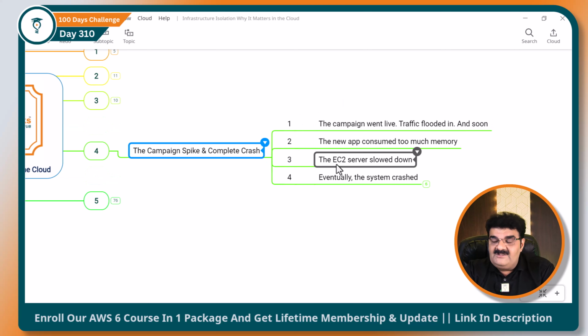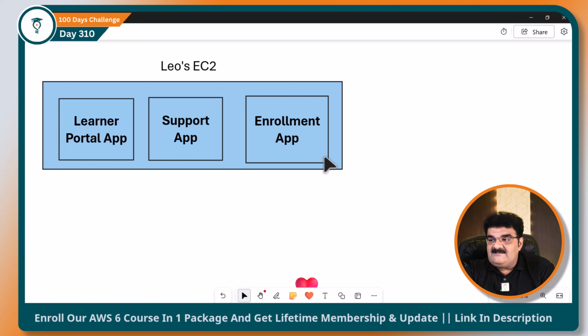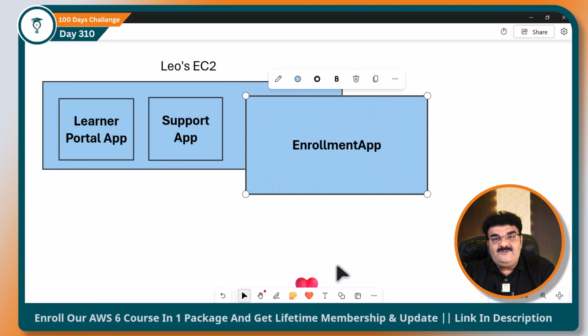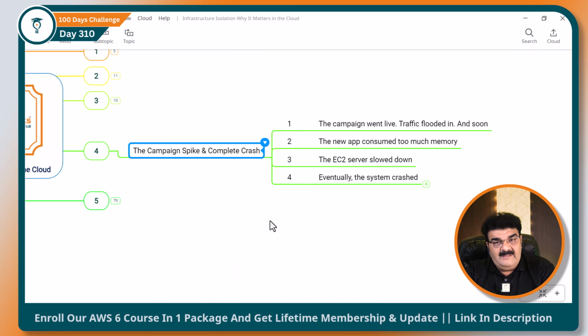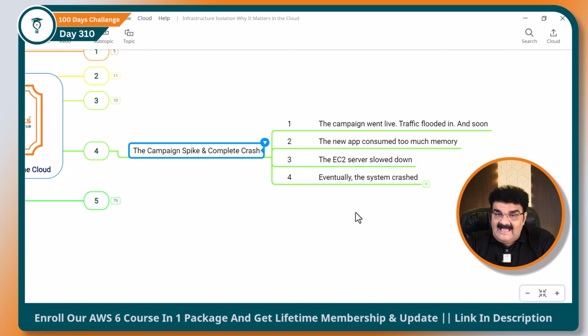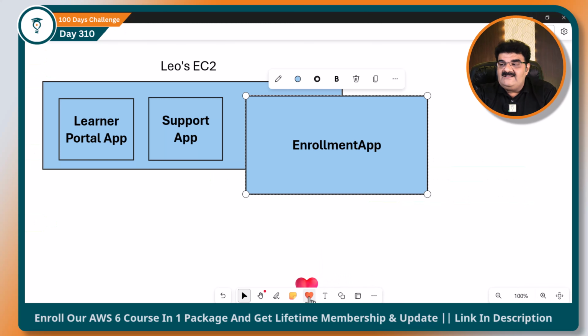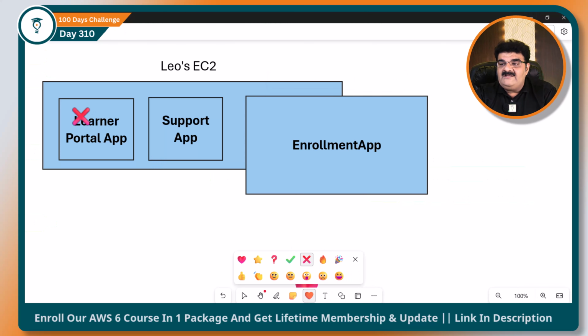Now, as the marketing campaign started, it also got some spike. And because of this, what happened? This enrollment app tried to utilize more resources. The enrollment app is now using more memory and more resources of the EC2 instance. Because of this, the EC2 server slowed down, and eventually the system crashed. Now, once your EC2 instance has crashed, you are in trouble because the problem here is it is going to